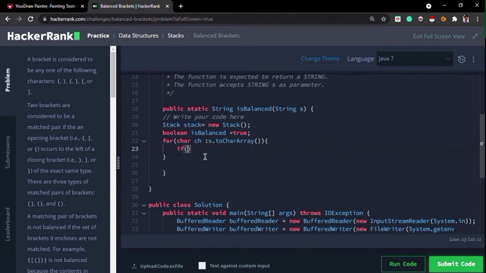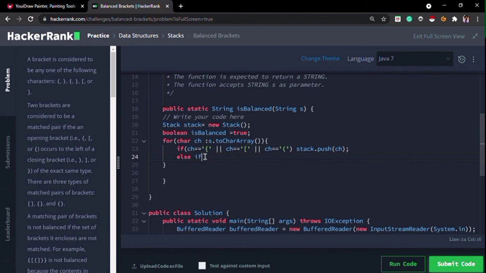So if ch equals any of the opening brackets, in this case we are going to push it into the stack, stack.push(ch).